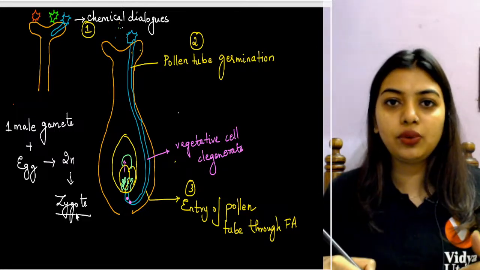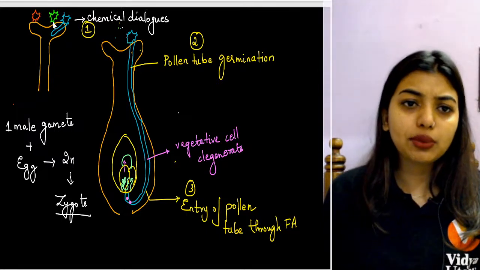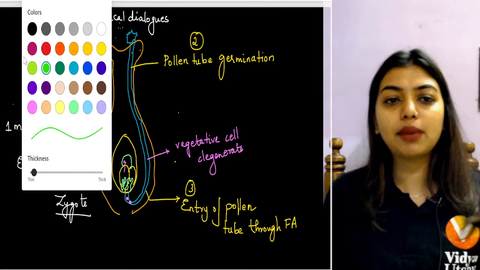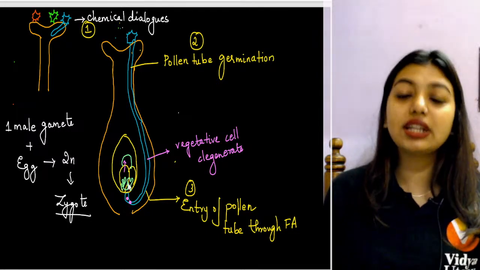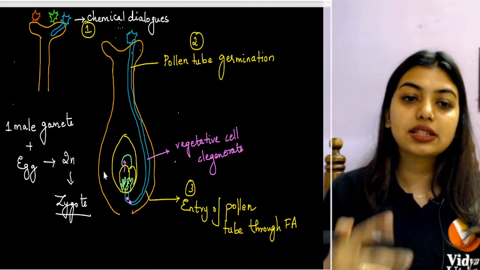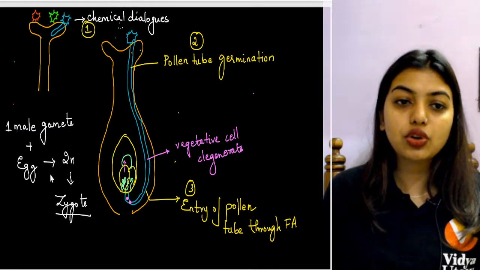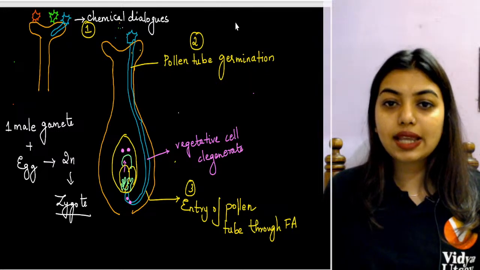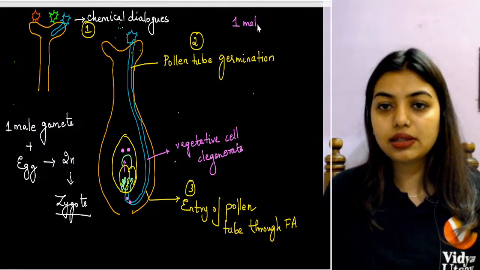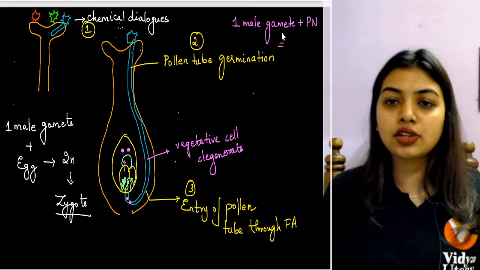Now one more boy came, no? We accepted only this fellow, but this fellow is like, no, even I want to get married, I am a very nice person, blah blah blah. But that is not the case exactly. What is going to happen is that the generative cell has split to form one more male gamete. Now that one more male gamete has to fuse, no? So that will go and fuse with the polar nuclei here. So the second scenario is one male gamete going to fuse with the polar nuclei, in the central cell, to form